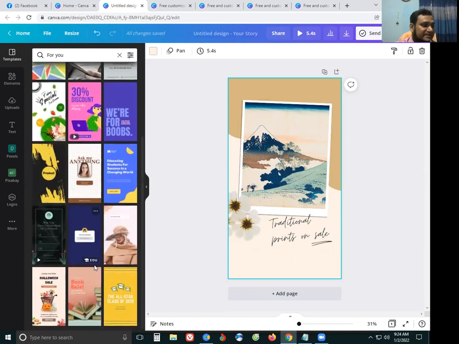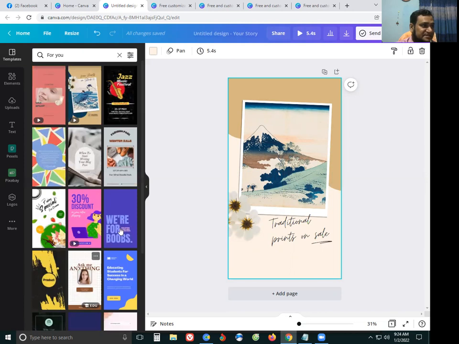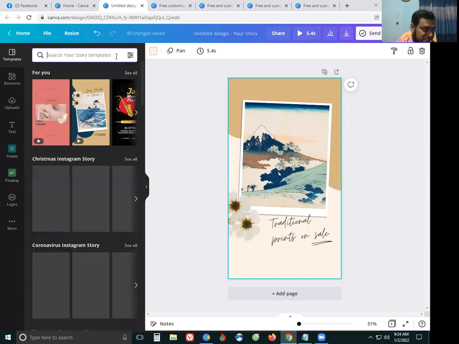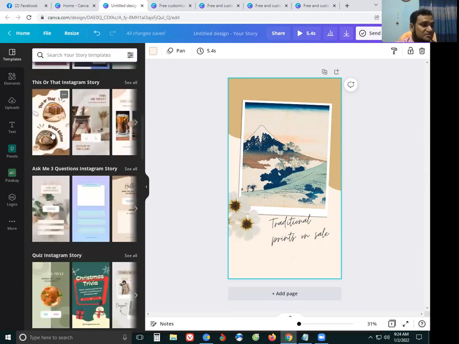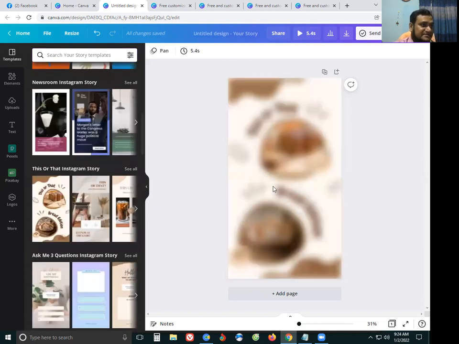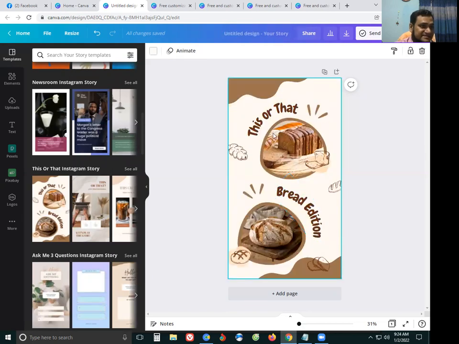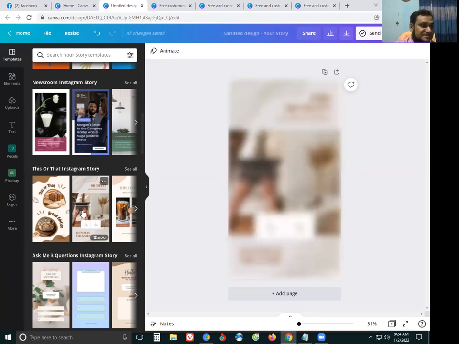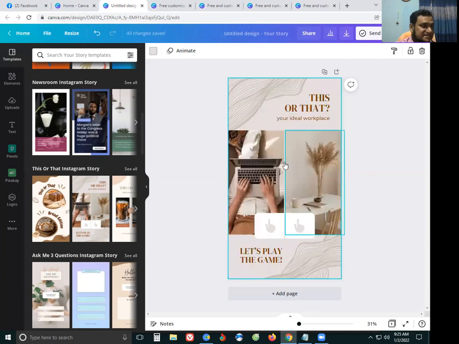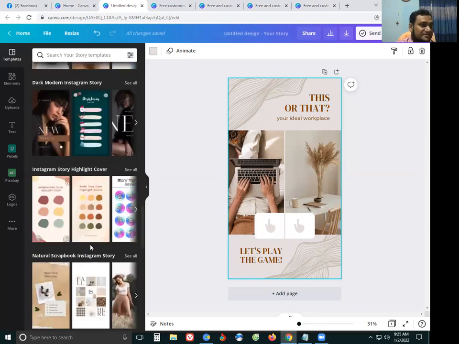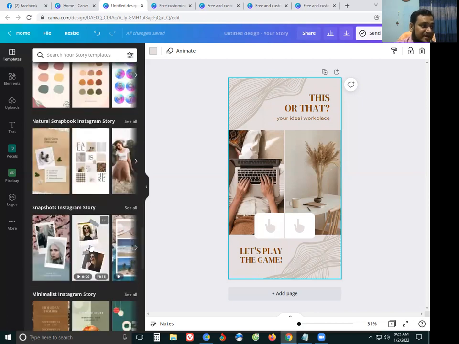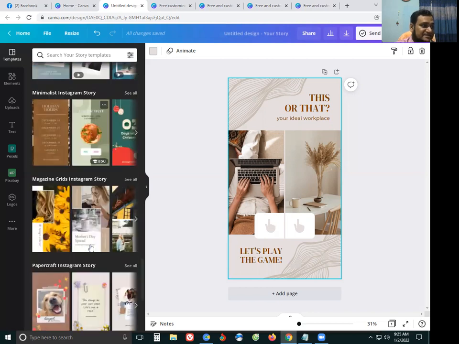There are a lot of templates to use in Canva, free templates and more templates. So nice and fantastic templates are designed. The fruit design is in Canva, a restaurant story, social story, a lot of templates in Canva. With the Instagram story, you can make big money on marketplaces, other marketplaces selling Canva templates.